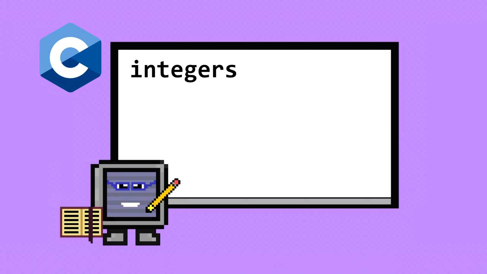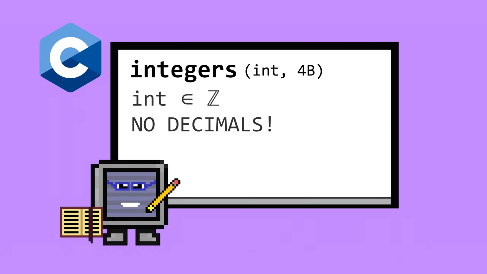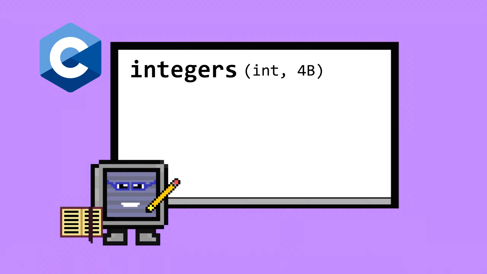Integers are declared as int. They are any number including positive, negative, and 0 without a decimal part. They have a size of 4 bytes. For example, 1, 2, or 3. To declare an integer variable x of value 1, we will do int x = 1;